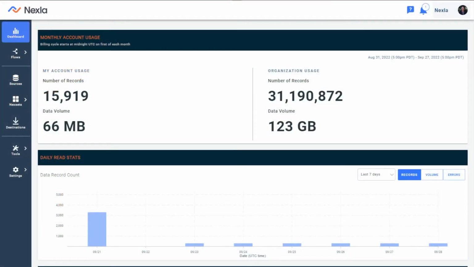Today, let's talk about error reporting and error management in Nexla. Once you set up all your flows, once your data is flowing through Nexla to where it needs to be, a critical piece is making sure everything's running smoothly, there's no errors, there's no invalid data, and all of that is really easy to manage and monitor in a powerful way in Nexla, even at production scale